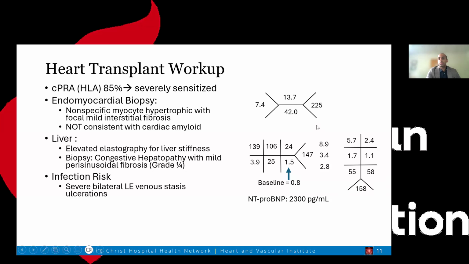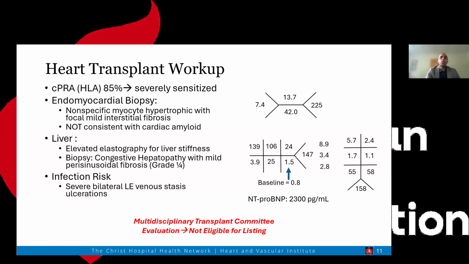So her labs basically at this point: hemoglobin normal, some kidney injury, which had actually been progressive. Her baseline several years back had been 0.8. Her NT-proBNP levels were high, indicative of her degree of heart failure. And then finally, her liver labs showed severely low albumin, normal was 4, we're down to 2.4, some mildly elevated bilirubin levels, and some mildly elevated AST, ALT levels, which should be in the 20s, 30s range, showing that she had some signs of liver-related congestion.